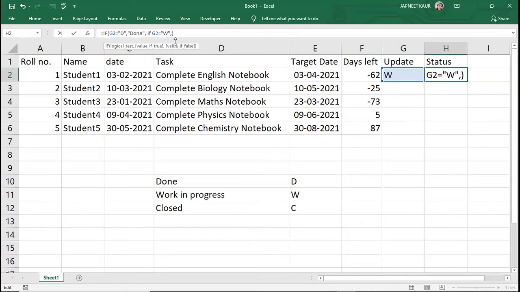Okay, so I have a nested if with me, and over here I'll write work in progress. Work in progress, and close the bracket and create it like over here.